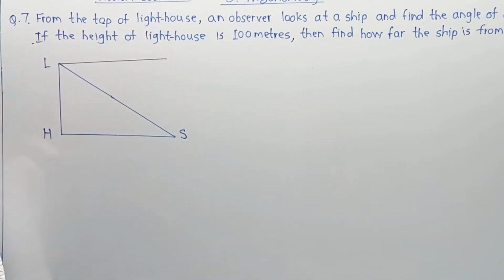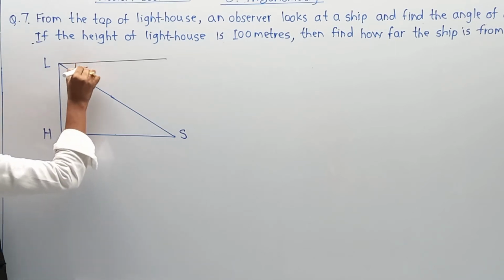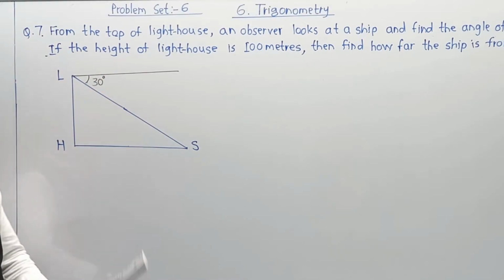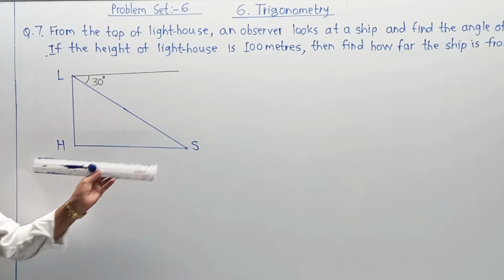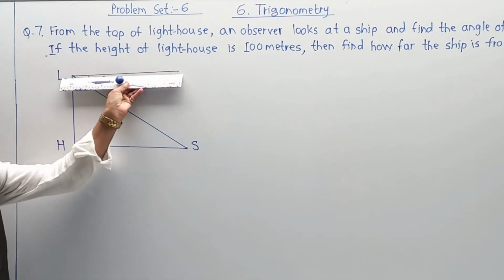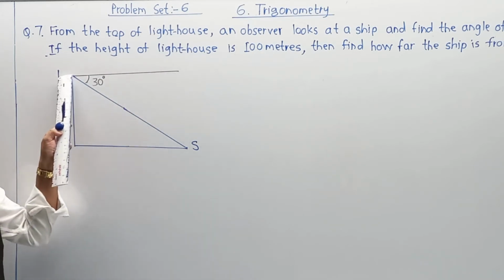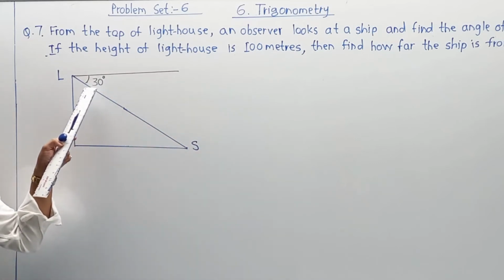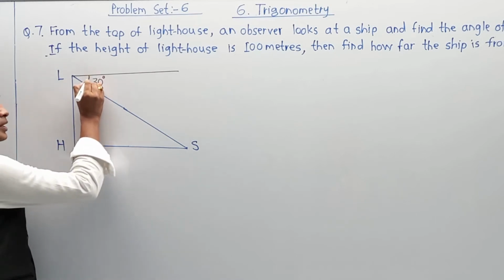So this is nothing but your line of vision and this is the respective angle theta, which is 30 degrees. So this is nothing but 30 degrees over here. Now remember carefully, HS is nothing but your basement line and this line is parallel to it because we indicate this line as the line of vision. Generally the observer observes in a straight line, but when moving in a downward direction, this becomes the angle of depression, and that angle is 30 degrees.